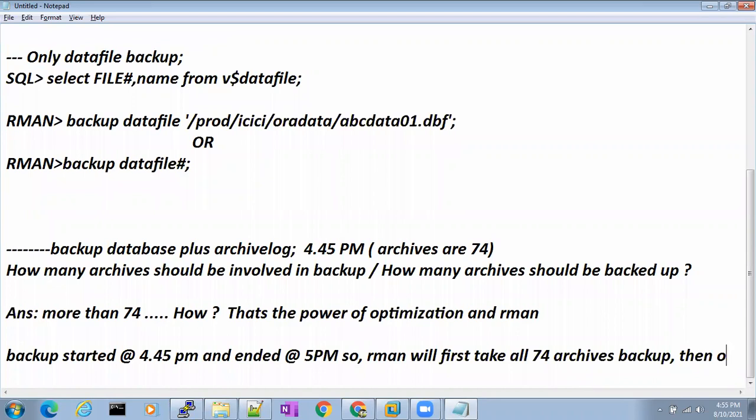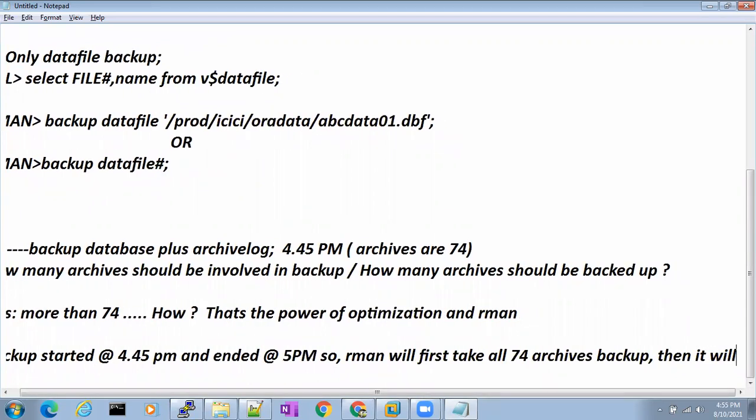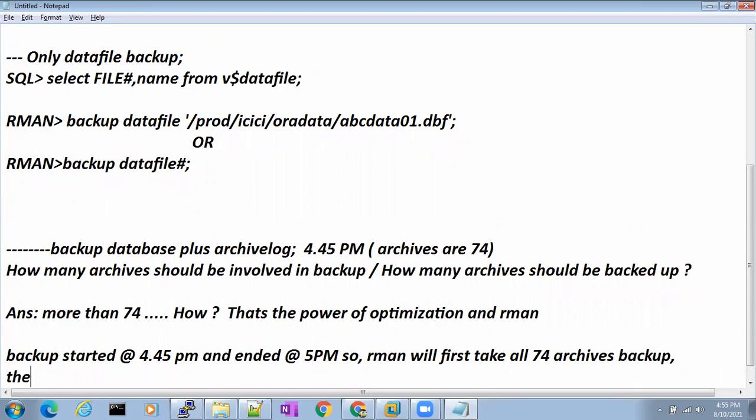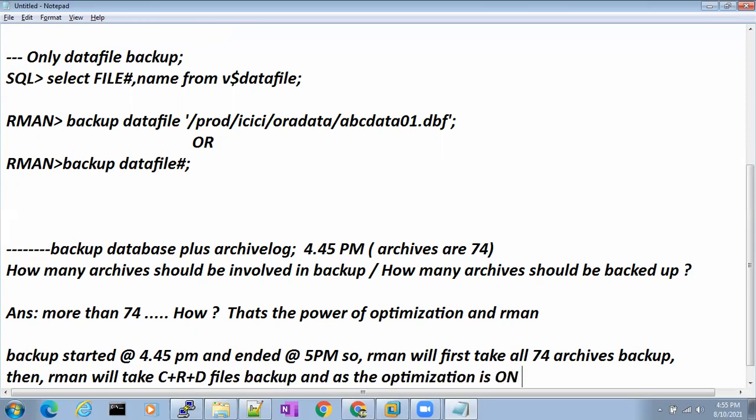Then RMAN will take the datafiles backup, and as the optimization is on,